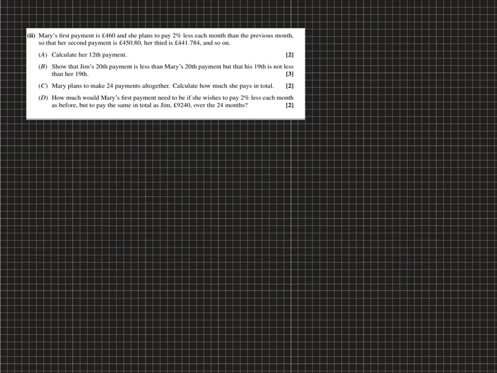Right, part C. Mary plans to make 24 payments altogether. How much does she pay in total? So for part C, n is equal to 24. So let's work out how much she pays in total. S24, we're working out a summation. So remember, S_n equals a(1 minus r to the n) over 1 minus r for a geometric progression. So a was equal to 460, r is 0.98,